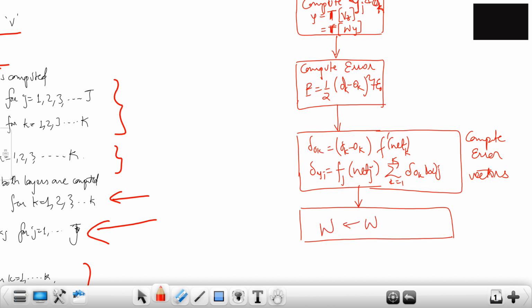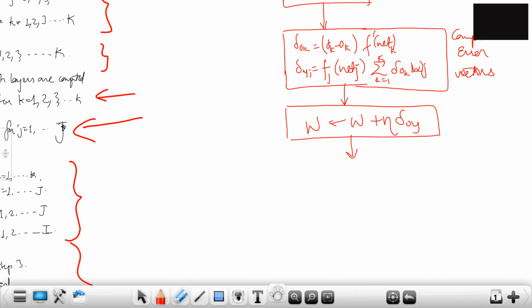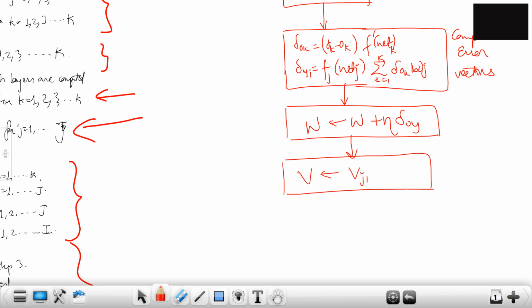W will be W plus eta delta Ok Y transpose. Next, we're going to update V. V will be Vji plus eta delta Yj Z transpose.